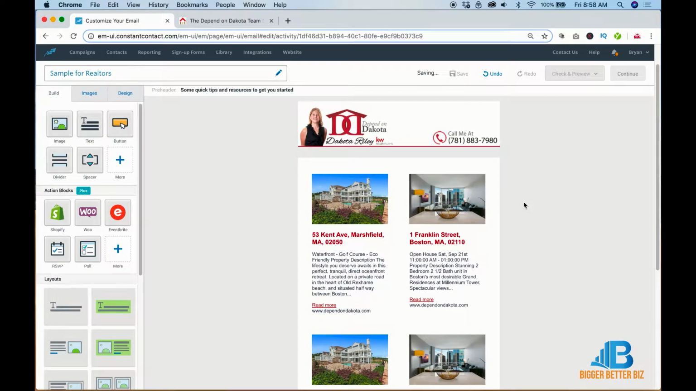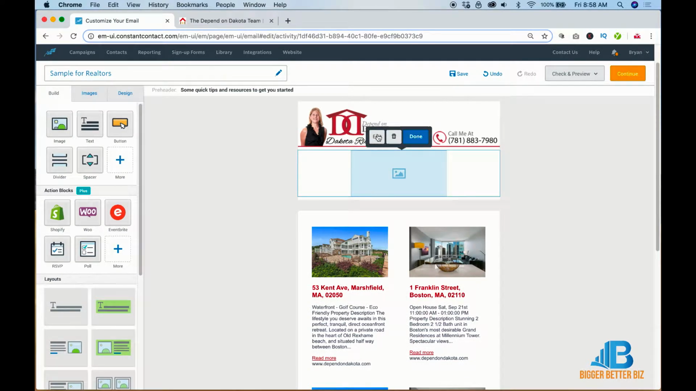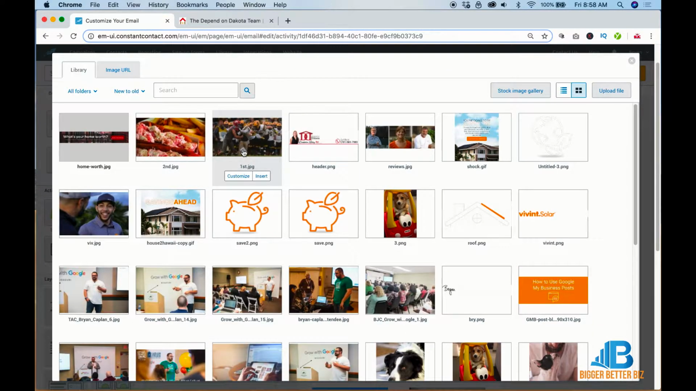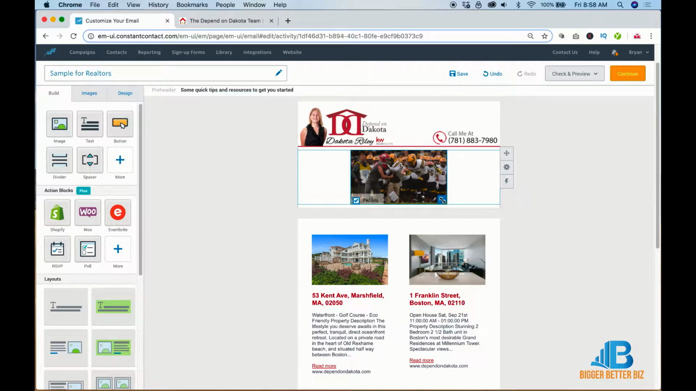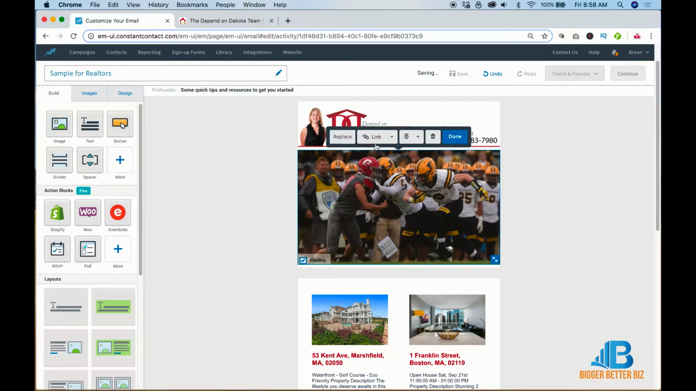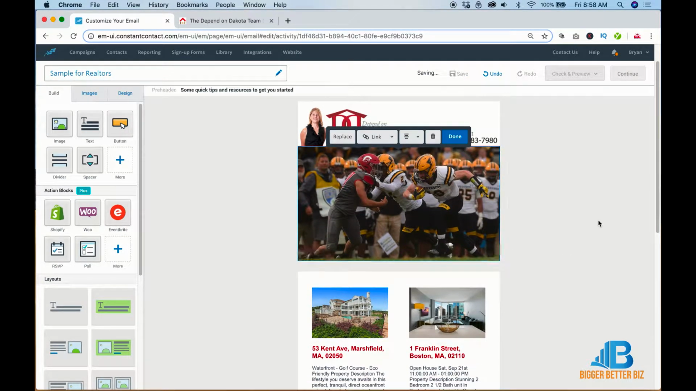And there's one below it. So now above here, we're going to start building the rest of the email. The first thing we do is bring in the image. And I'm going to use this football image just to give you an idea. And you want to get rid of the padding, so it goes flush up against the image above and the area below. And then we're going to add text